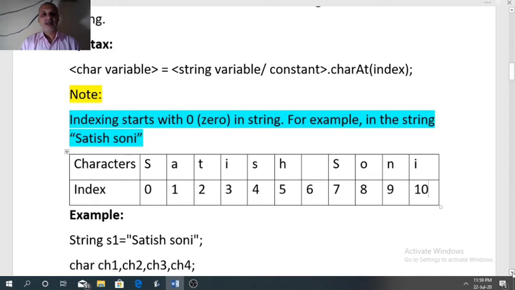And the last character in the string is allotted index L minus 1, where L is the length of the string. For example, this string, Satish Soni, has 11 characters, but the last character i is allotted index number 10, and 10 is 1 less than 11. That is why the last character is at index L minus 1.